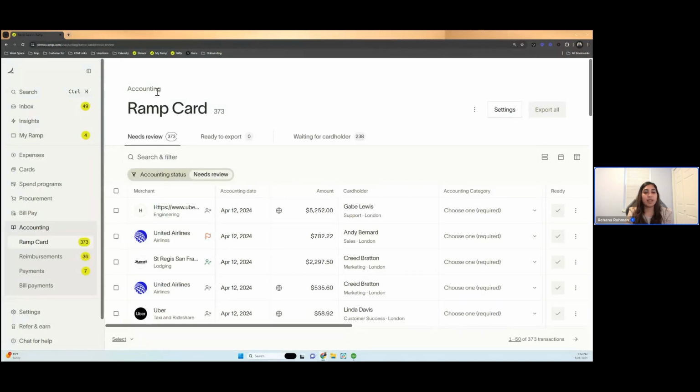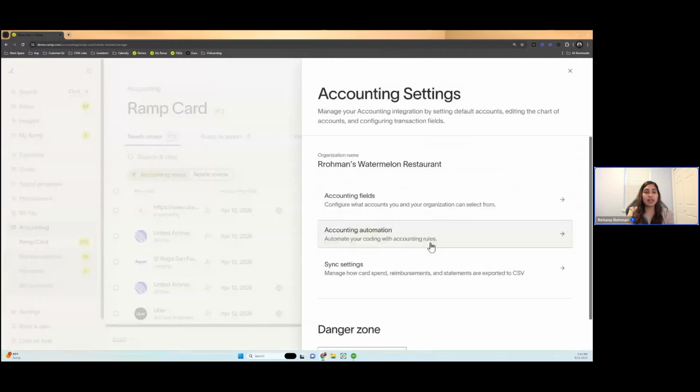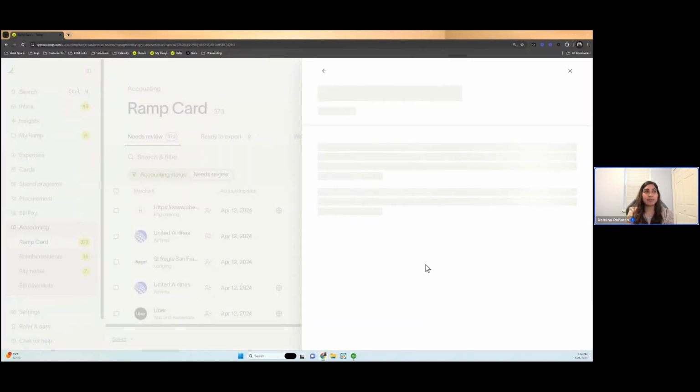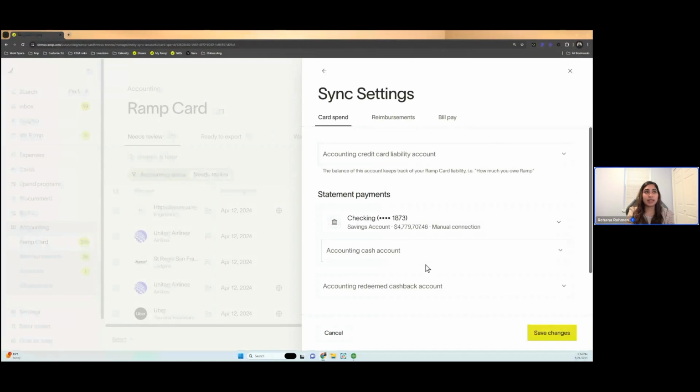All right. So in order to complete your accounting setup, we have a few remaining steps. So what you'll want to do is configure to export. On your end, this button here might say configure to export in yellow, but if it doesn't, best way to access that is through the settings here on the top right. If you click into that and then go to sync settings, you'll be able to select all of your default